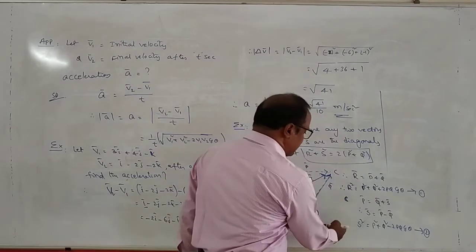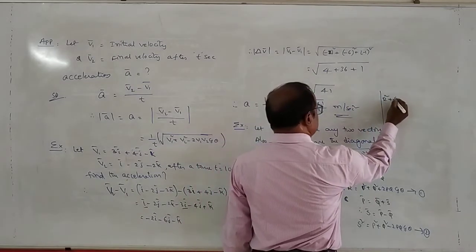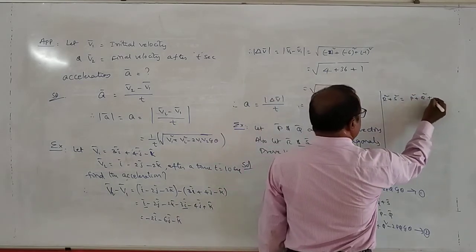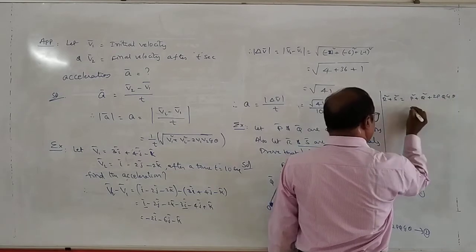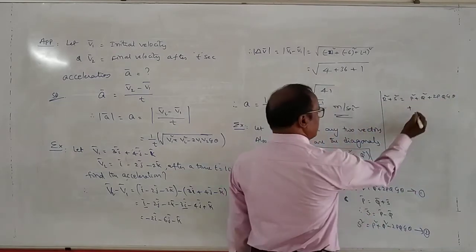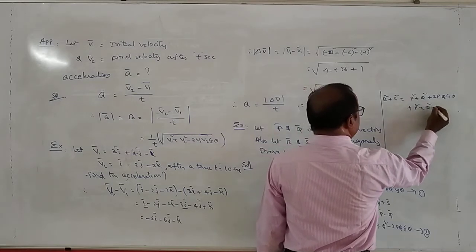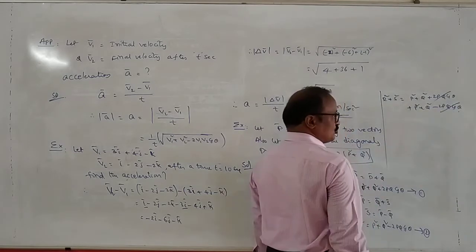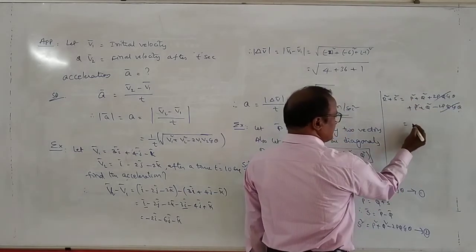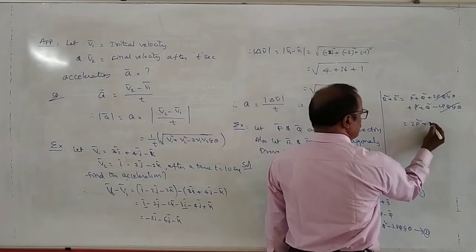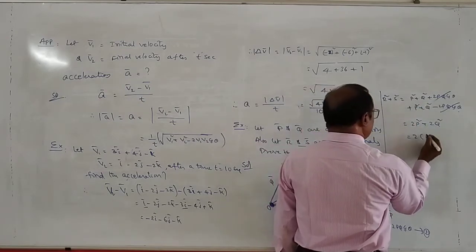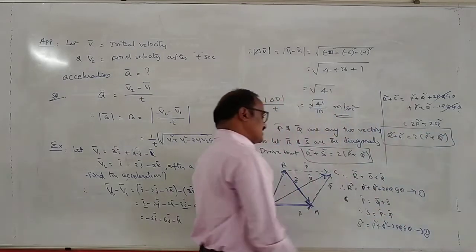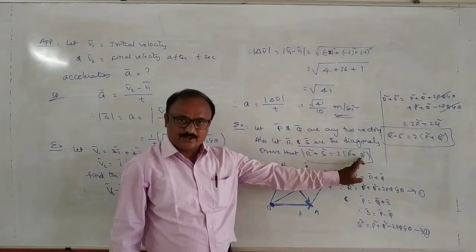Therefore, by adding these two, r square plus s square is equal to p square plus q square plus 2pq cos theta, plus p square plus q square minus 2pq cos theta. Here, minus 2pq cos theta and plus 2pq cos theta cancel. p square plus p square is 2p square, and q square plus q square is 2q square. That is equal to 2 into p square plus q square. So that's the proof: r square plus s square is equal to 2 into p square plus q square.